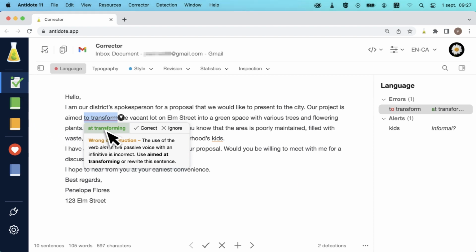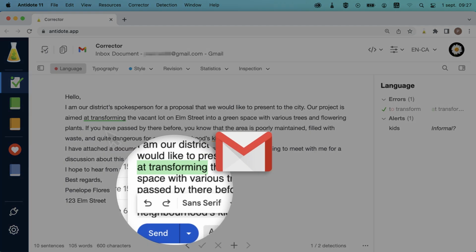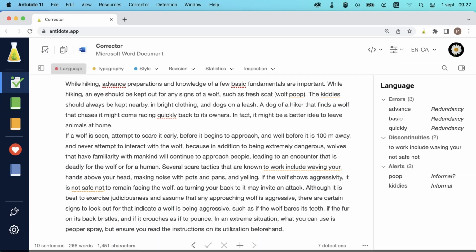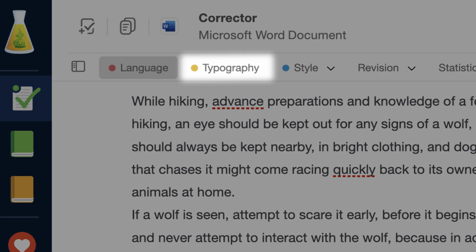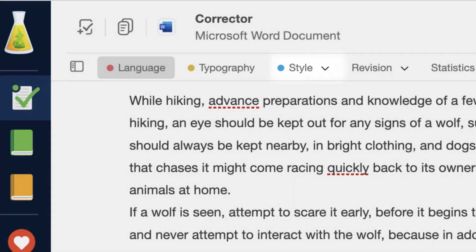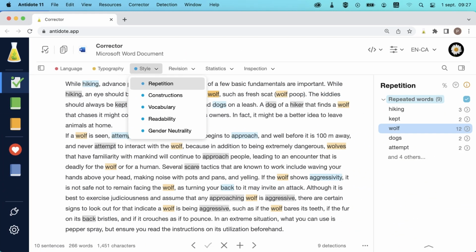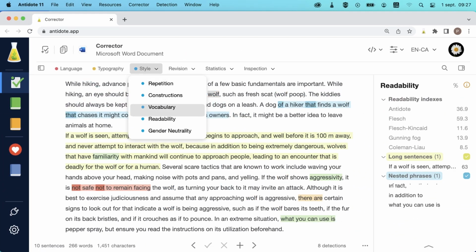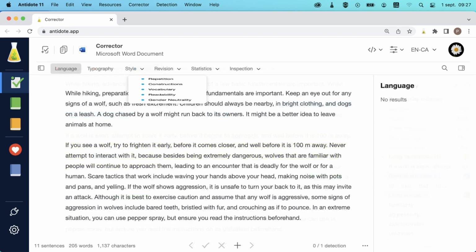Double-click to make a correction, and the change will automatically be applied in the original document. You can also correct typography and improve your style. Repetitions, constructions to review, overly long sentences, Antidote offers you all the tools you need to increase your writing's clarity